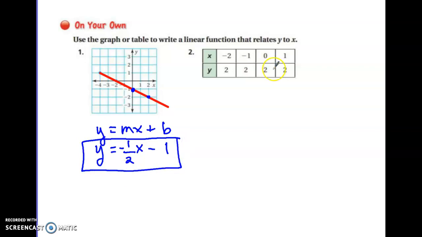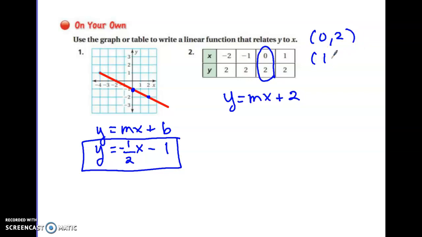For the second one, they are so nice and they're giving us an ordered pair that tells us what our y-intercept is. So already I know my b value is going to be 2. So y equals mx plus 2. Now I have to figure out what my slope is. So if I wanted to use (0, 2) and (1, 2),